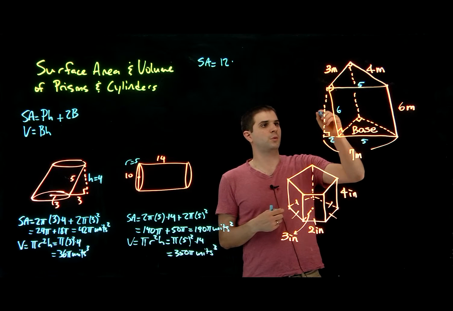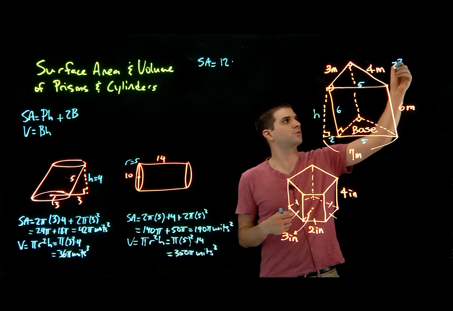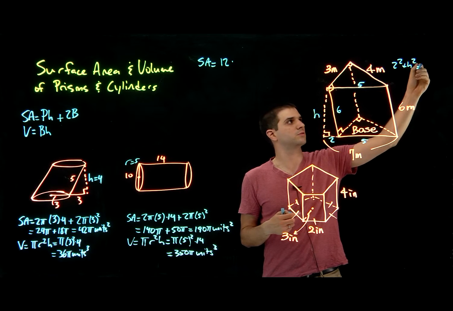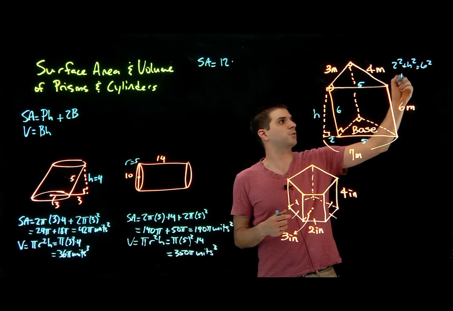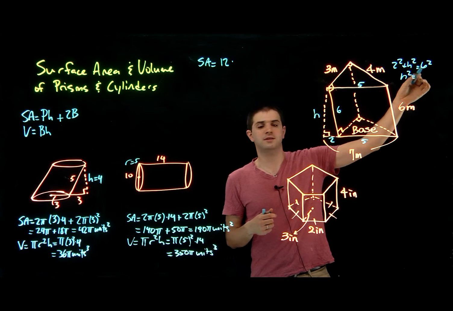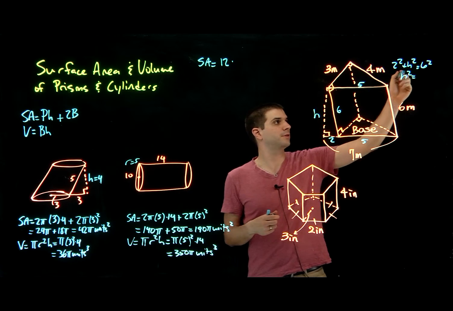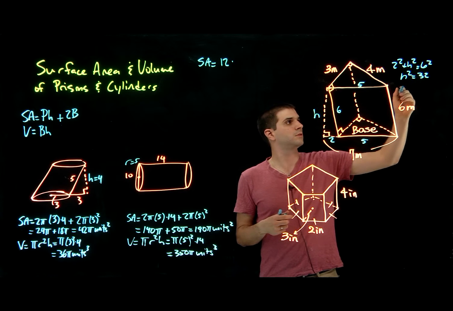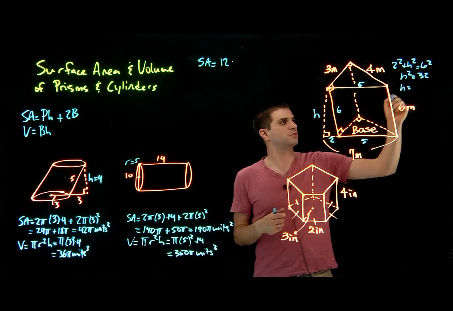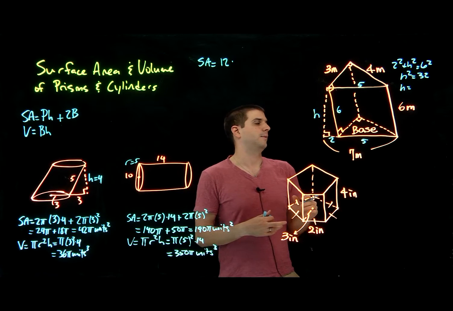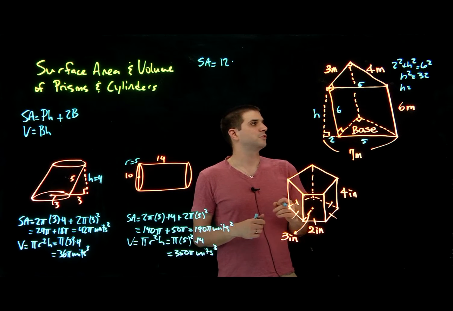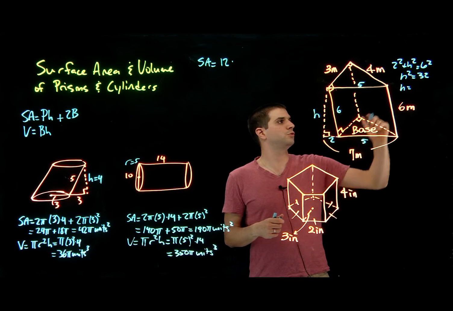Okay, so we know 2 squared plus h squared equals 6 squared. So h squared equals, this is 36, 36 minus 4 is 32. So h equals, if you simplify that, root 32. And root 32 can be reduced to, looks like 2 root,